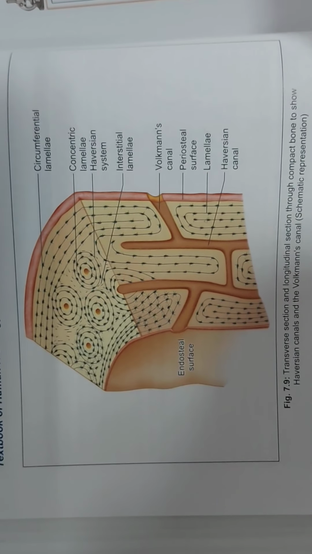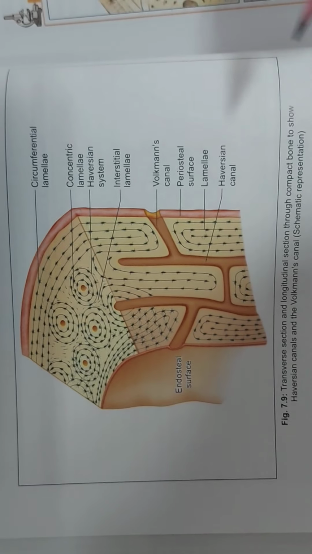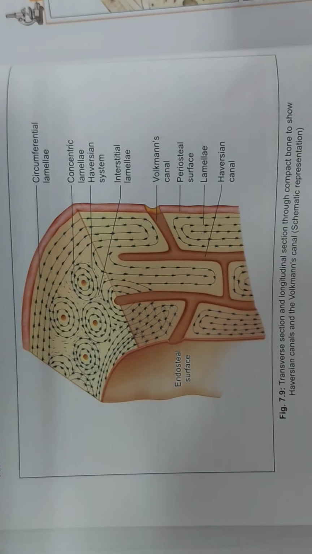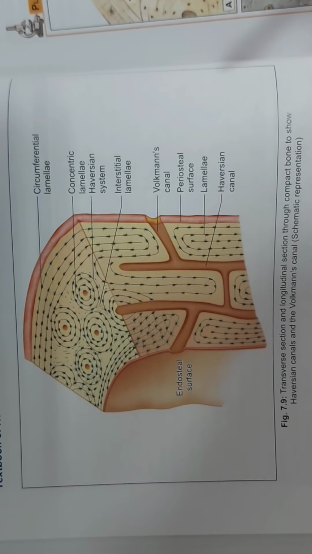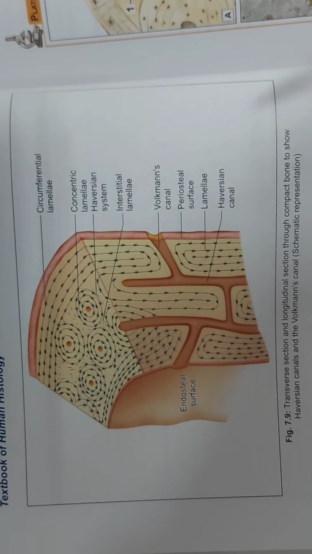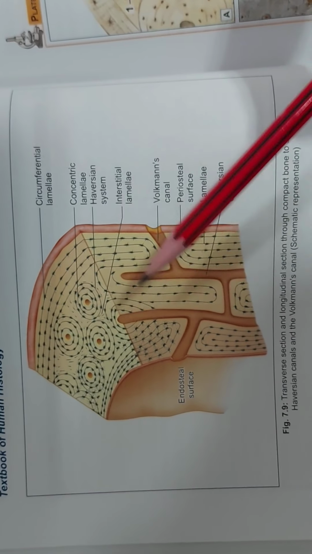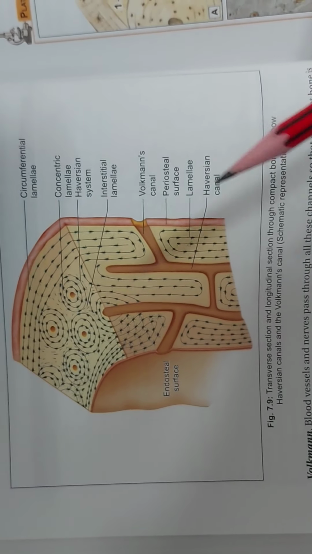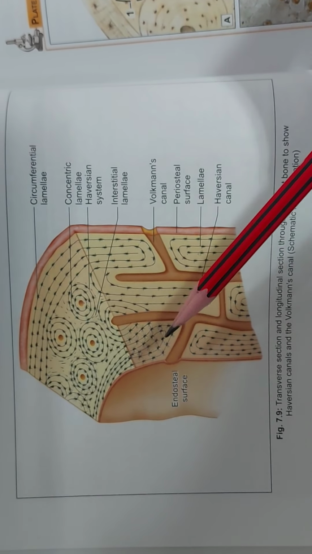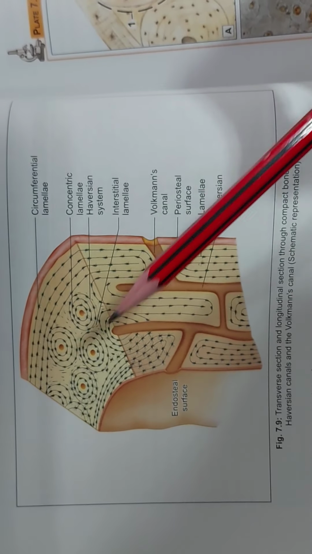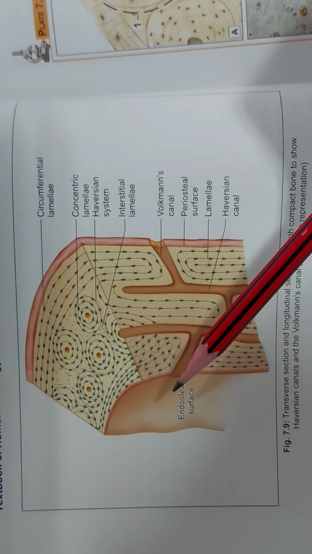Now the compact bone forms the bulk of the diaphysis of the long bone, and it also forms a thin layer of the external surface of the bone. The core is made up of spongy bone, but it is named compact as no space is visible by the naked eye. There are three systems in the bony lamella, which is arranged in the form of the circumferential system, Haversian system, and the interstitial system.